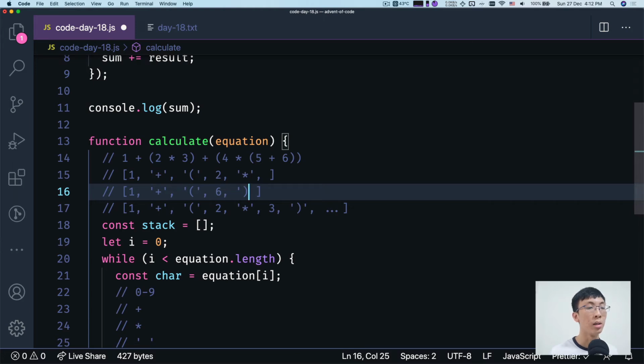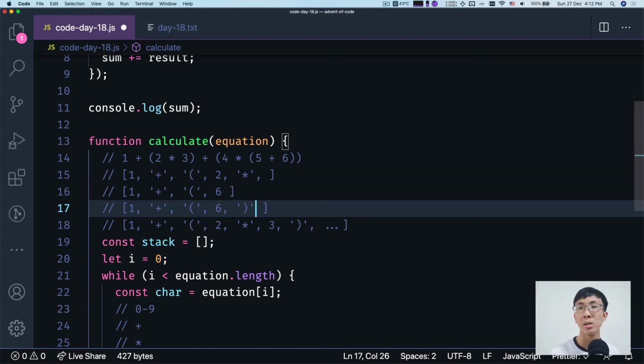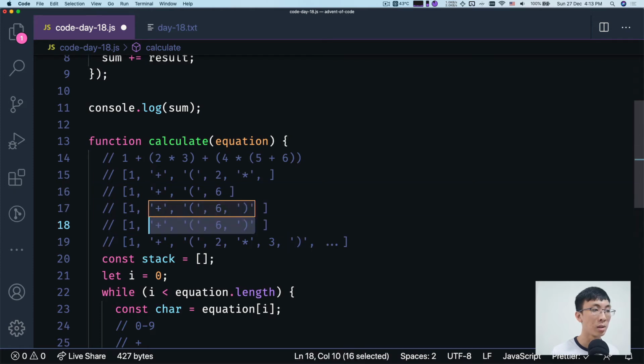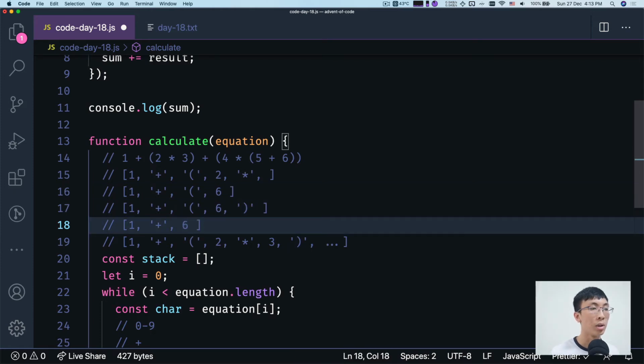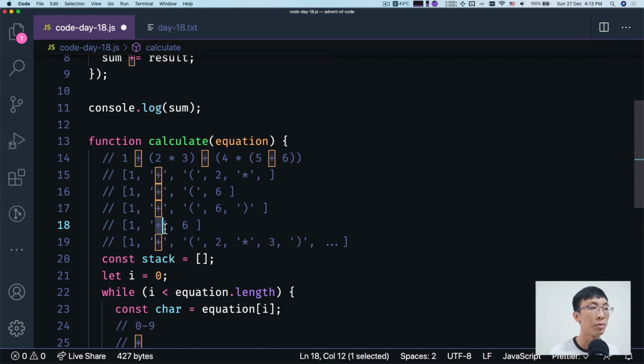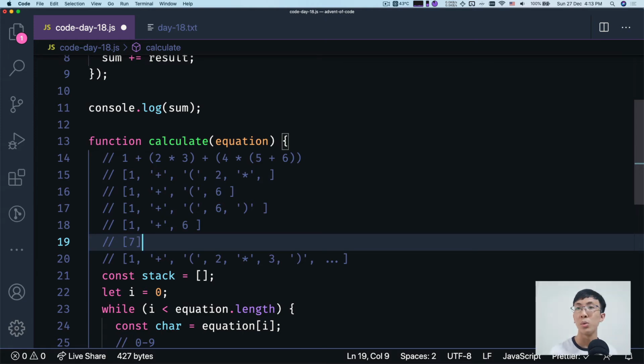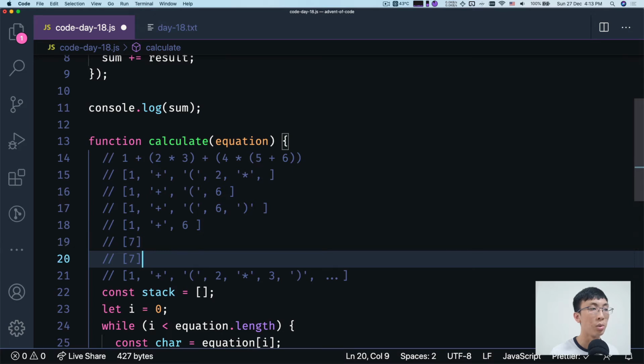right? And when I encounter something like a closing bracket, that's the cue for me to pop all of this. So I will remove all this and push 6 back in, right? And as I'm pushing 6, right before I'm pushing 6 in, I'll see that the top of it has plus again, an operator, then I'll evaluate and I'll be left with 7, right? And I can keep doing this operations,